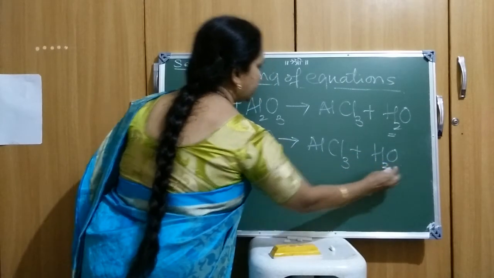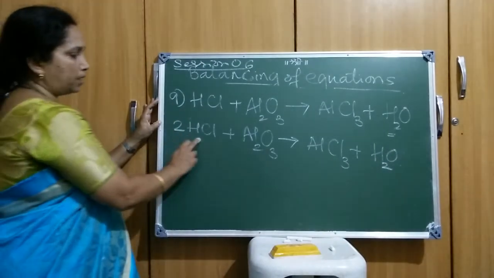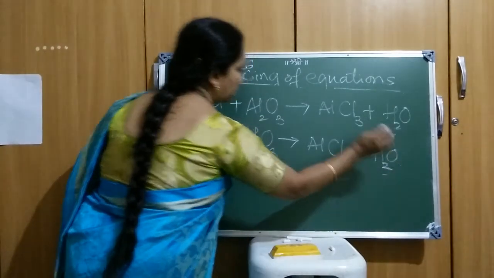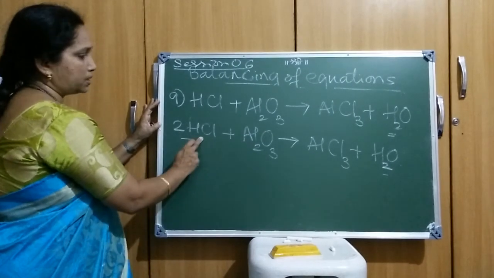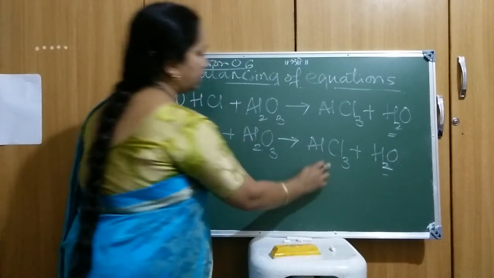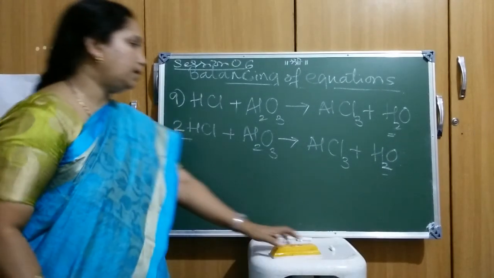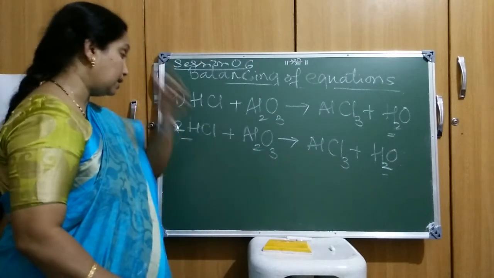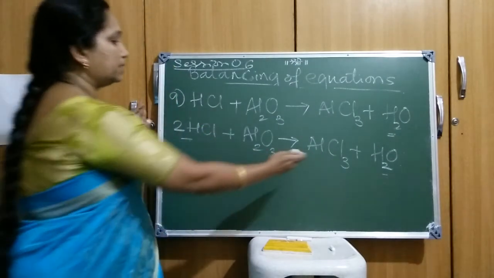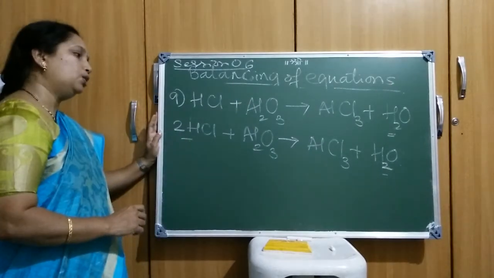So here H2O is a 2H, and if I write down 2H over here, so hydrogen is balanced, okay, for the first. And if you observe here, chlorine it is 2 is there, and chlorine in AlCl3, 3 are there. So to make it correct, as in the previous case, that is 3 2s are 6 or 2 3s are 6, like that also you can do over here.